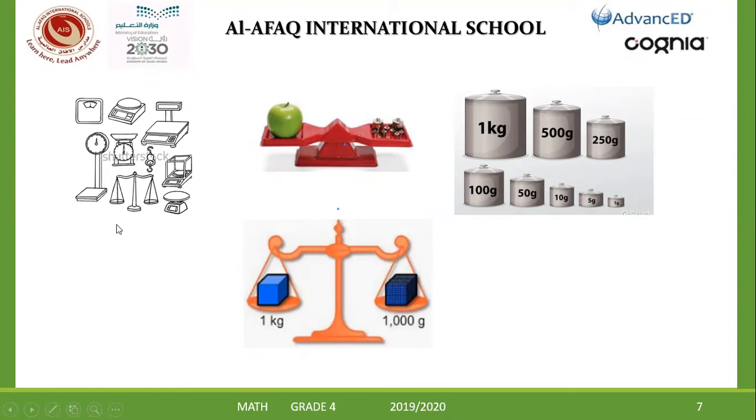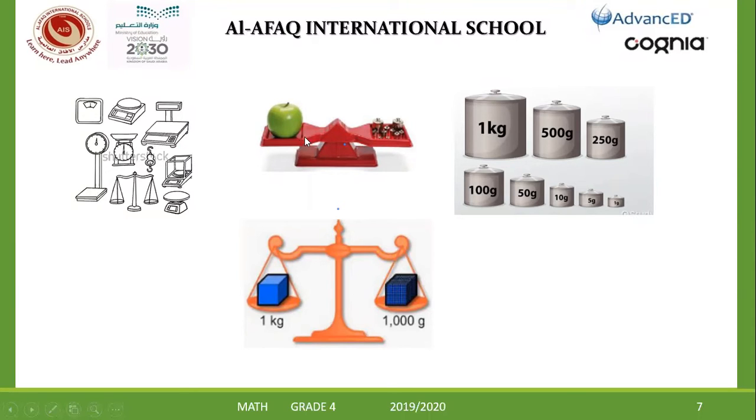In this slide, I show the tools and the weights used to find the mass of objects. Here, what is this? They are the scale, the scales, and the pan balance. As you see, I use these two to find the mass of objects. How can I use these weights and this balance or scales to find